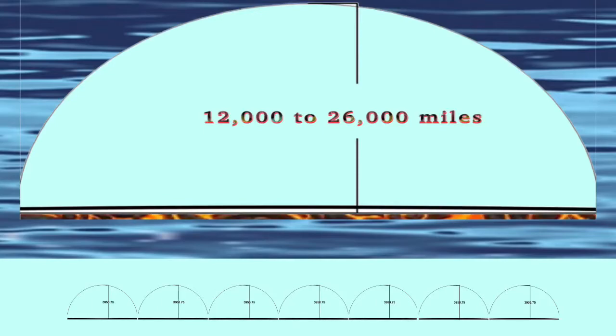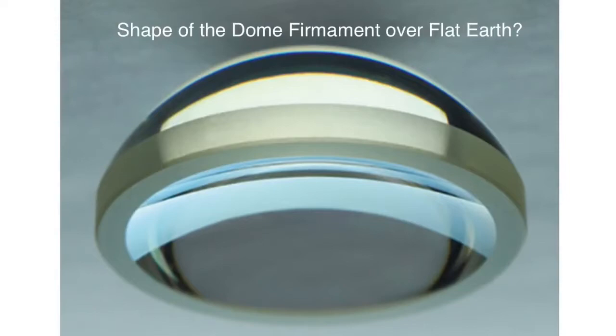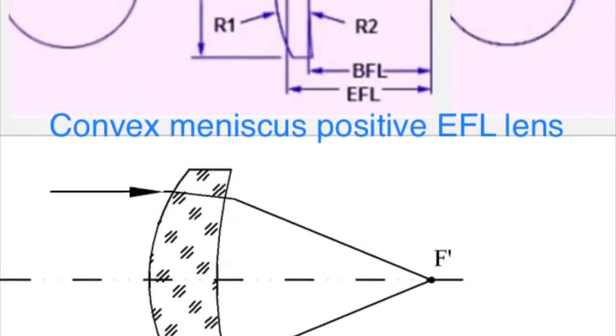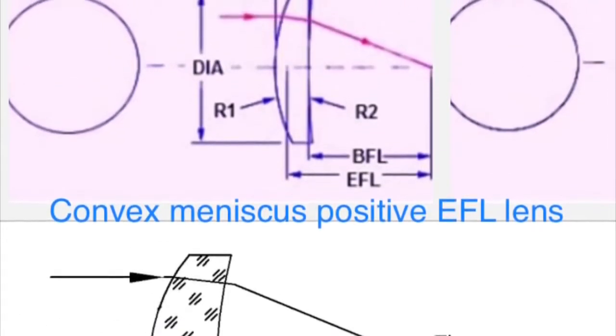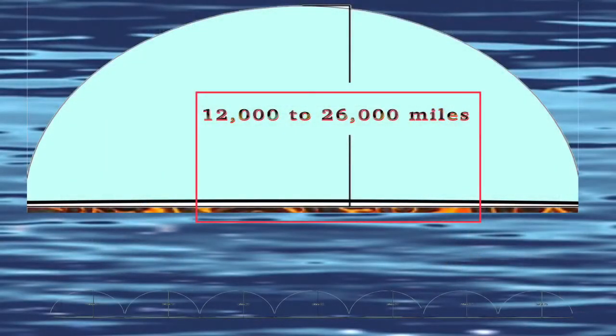And if you think of like a dome-shaped lens, where the bottom part, you could have it be perfectly flat. It would still function as a lens, but it works a little better if you have a slightly concave bottom of a glass dome lens, where the top is, of course, convex. And it could be convex to the point of being a hemisphere, and we have no reason to think that it wouldn't be, nor do we have any reason to think that it would be a perfect hemisphere top.